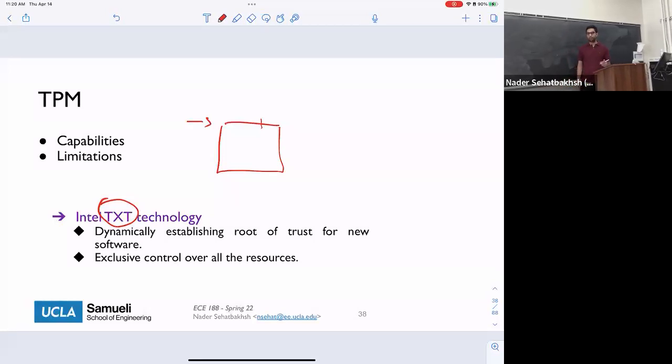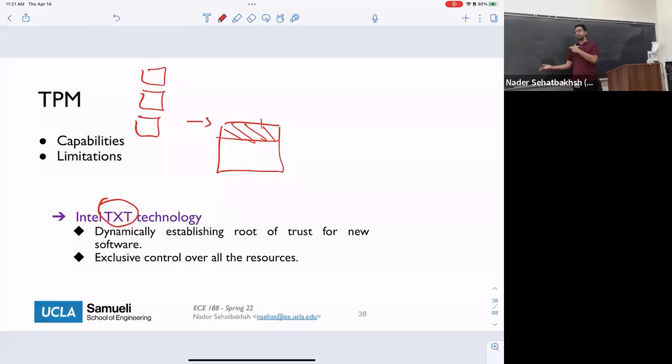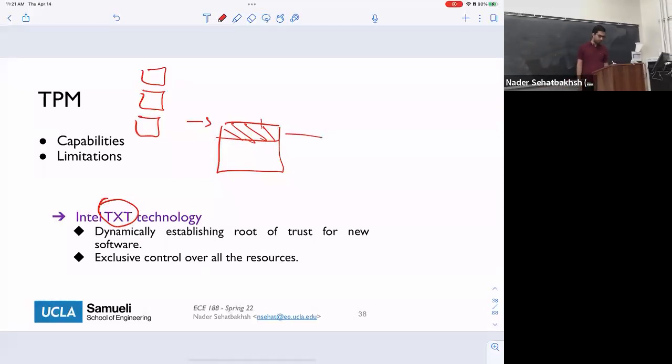to that specific program. So basically what we do is that, let's say we have some pre-computed applications. If the user wants to run those applications, all that they need to do is reboot the system and completely delete the entire memory, or sanitize the entire memory, and load this application into our memory. And then just exclusively give all the access of the inputs and outputs and everything to this specific application.